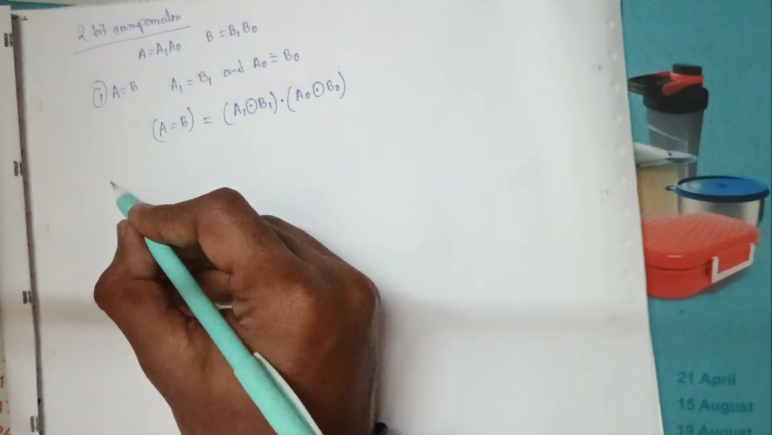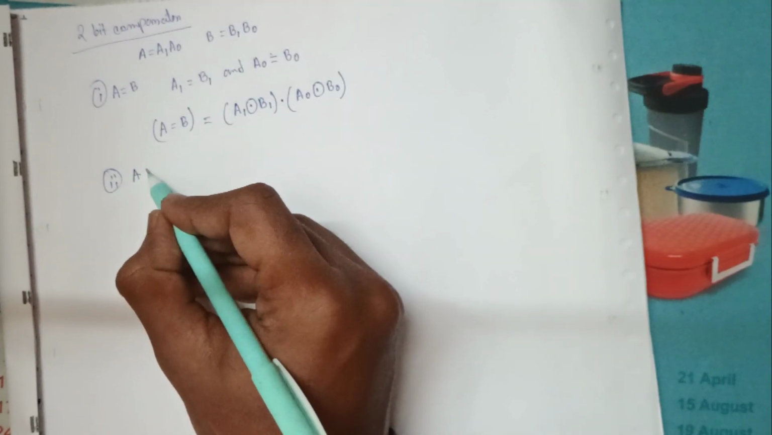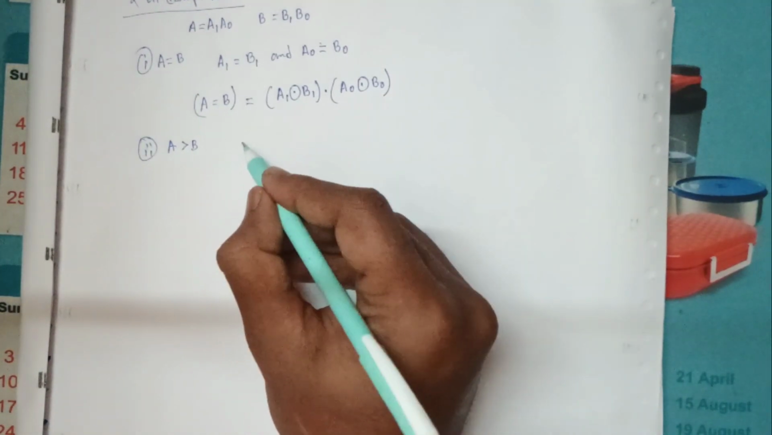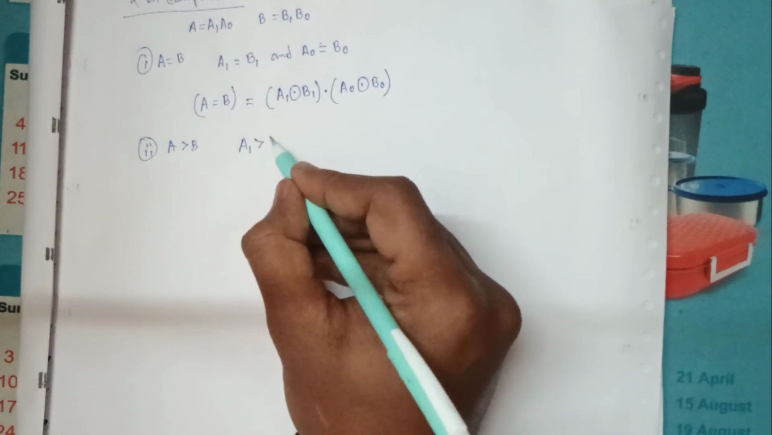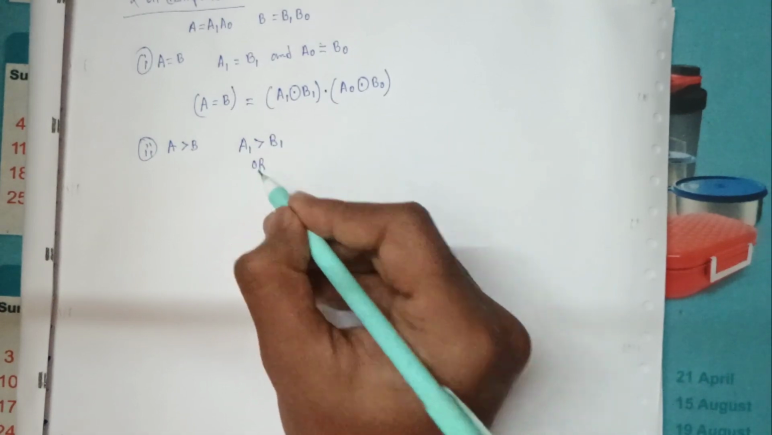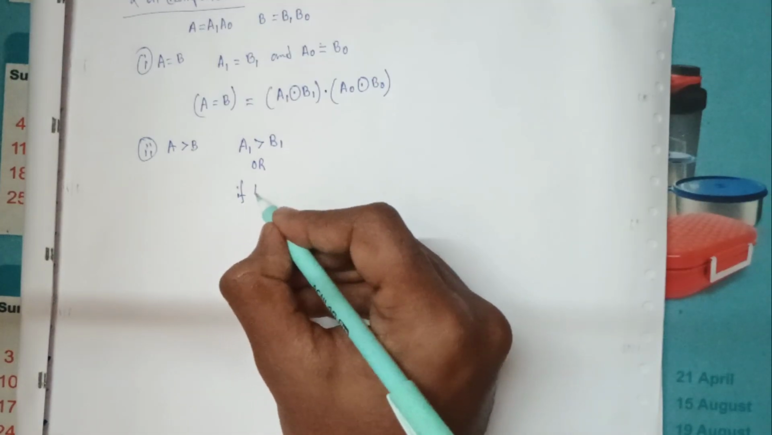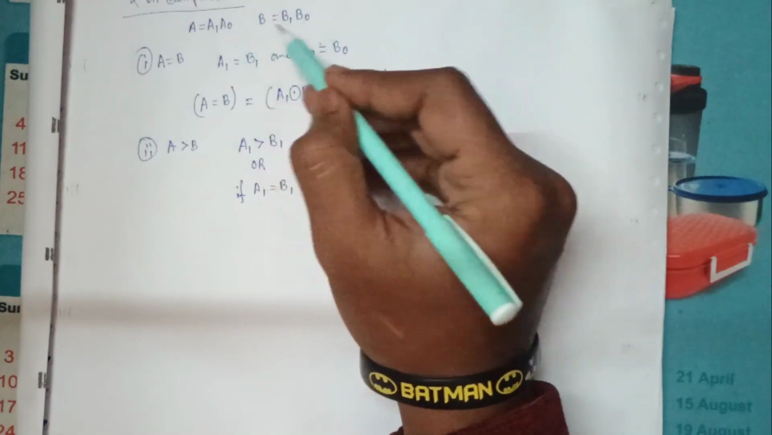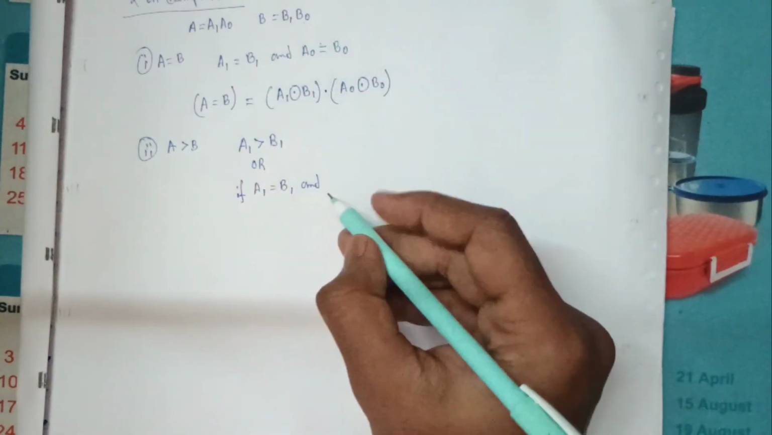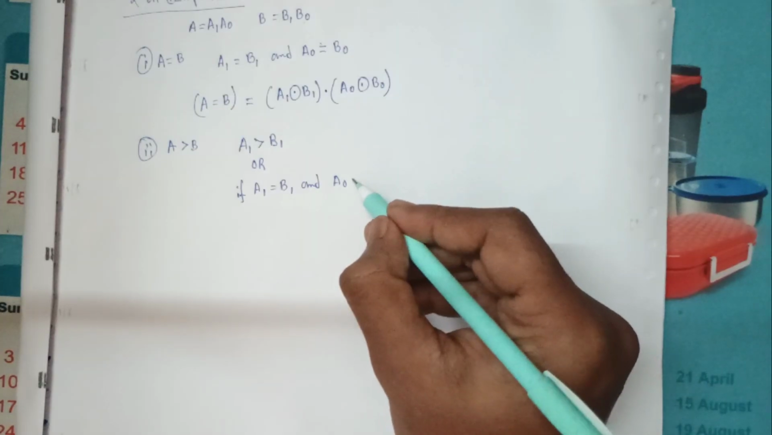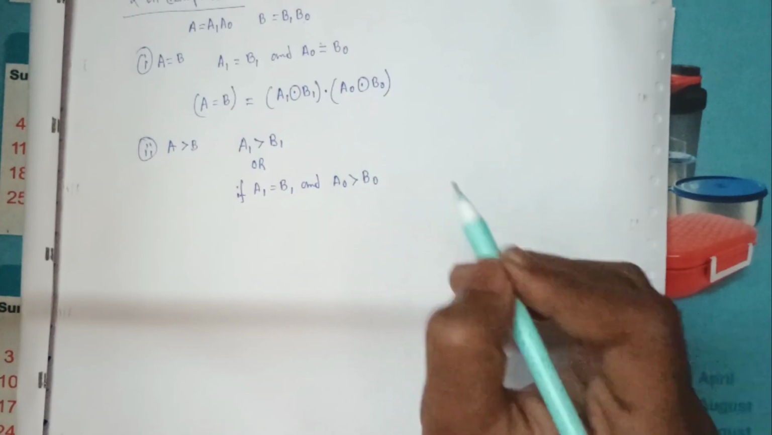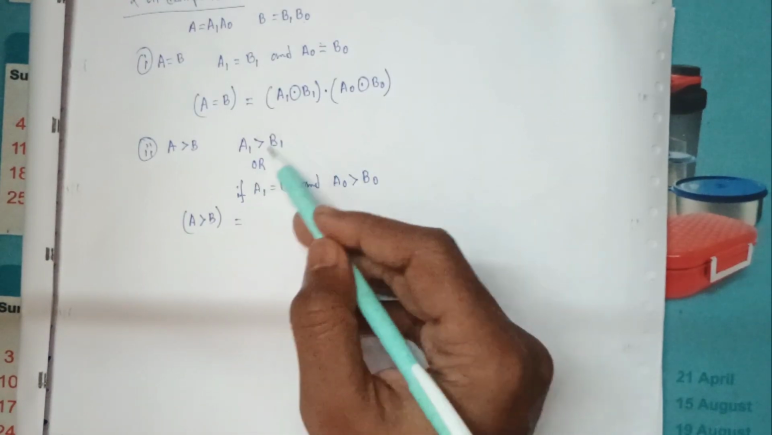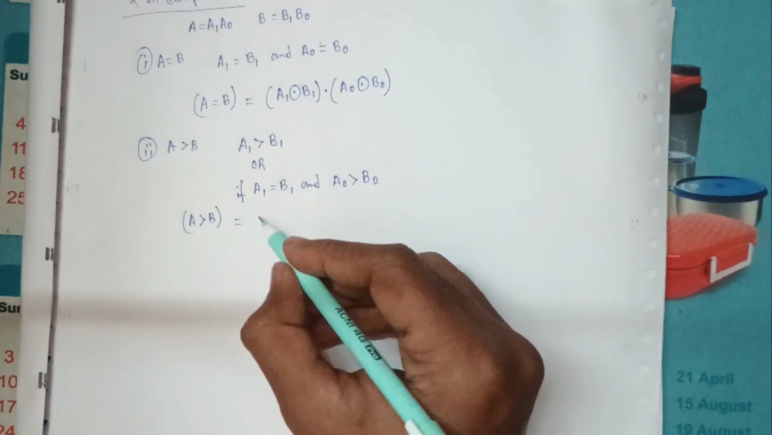For the second condition, A greater than B, A1 must be greater than B1, or if A1 is equal to B1, then among the last bits A0 and B0, A0 must be greater than B0, right? So the final expression for this, for greater than, we previously know that greater than can